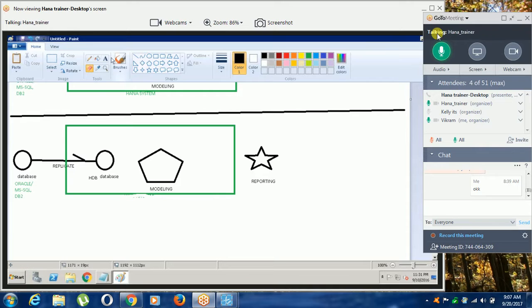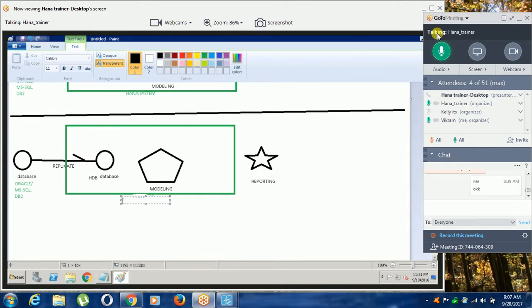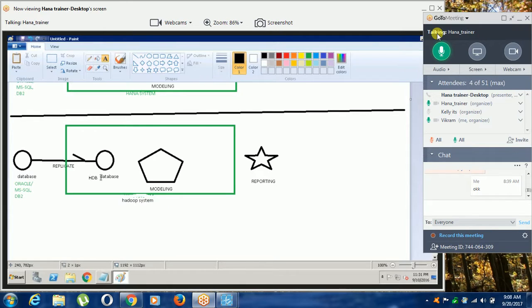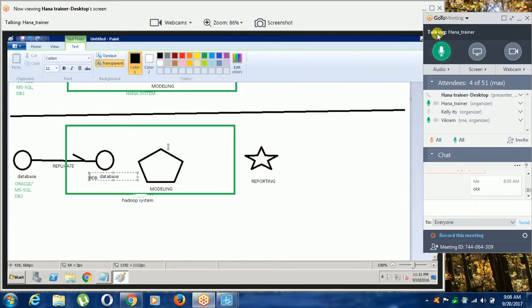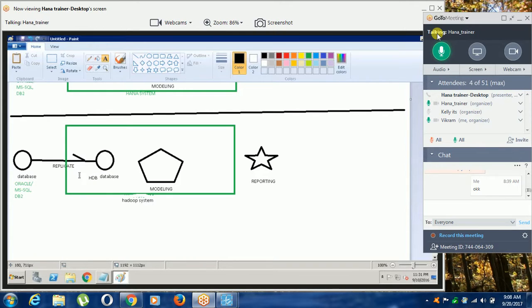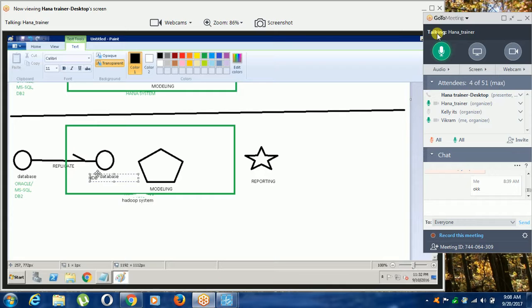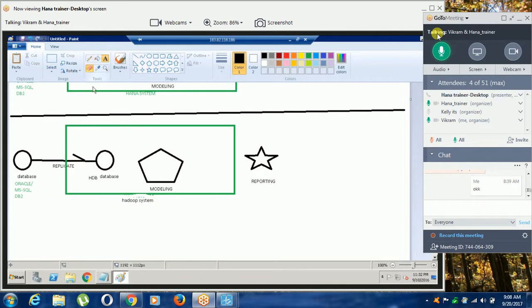This is a Hadoop system. In the Hadoop system, there is no HDFS. There is no HDB database. There is no HTTP database in Hadoop.